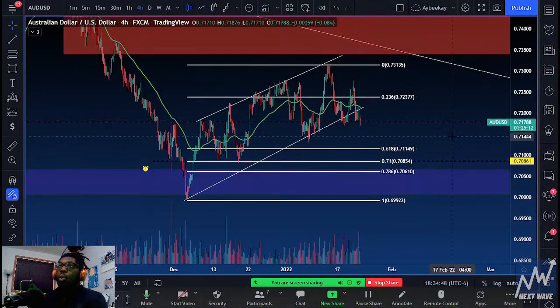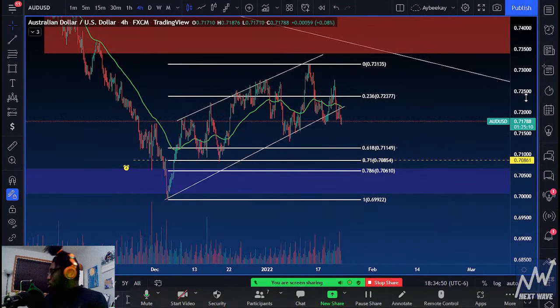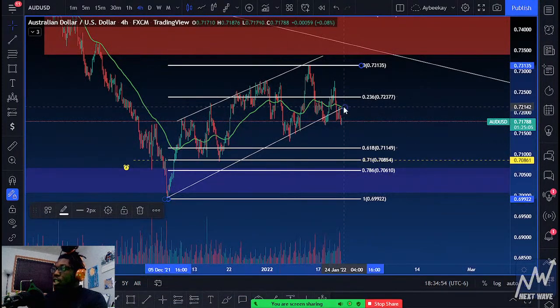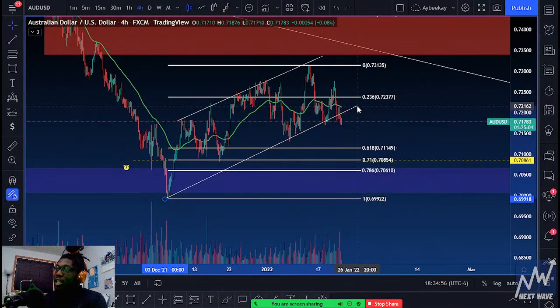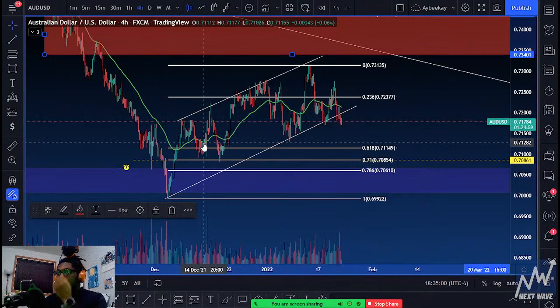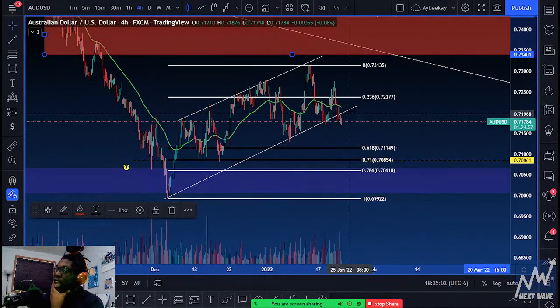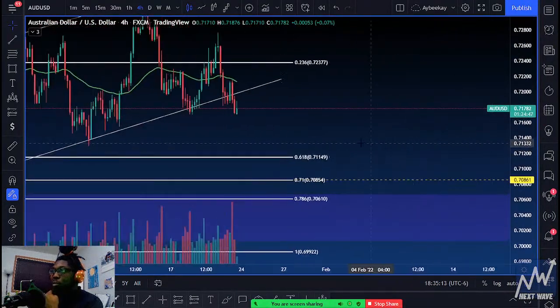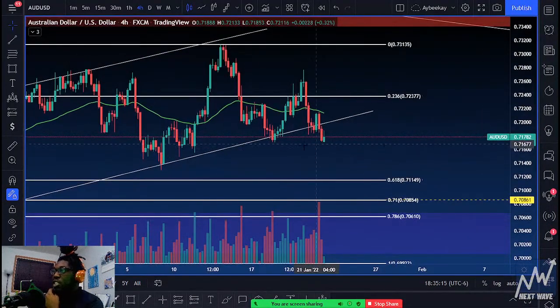So with Australian AUD USD, I had said, hey, right here, there's this channel that price is making this bullish move off of. But I still see the possibility of price coming down to 0.70854. And with the current price action that I'm seeing, unless price is making a double bottom right here off of this zone,